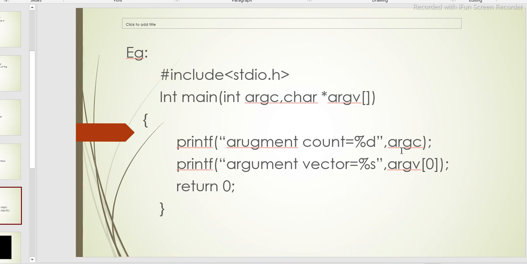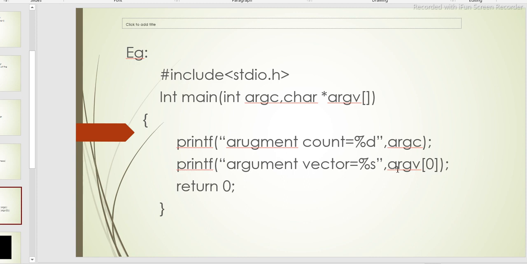Argument 0 equals the file name, argument 1 onward I can give 1, 2, 3, 4, 5. Totally 6, so argument count equals 6.